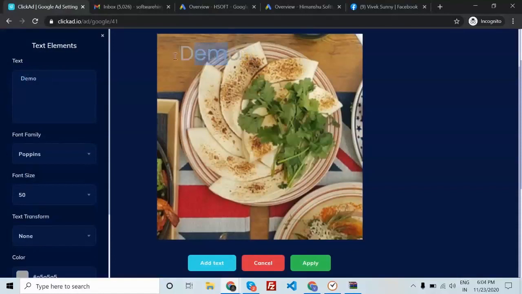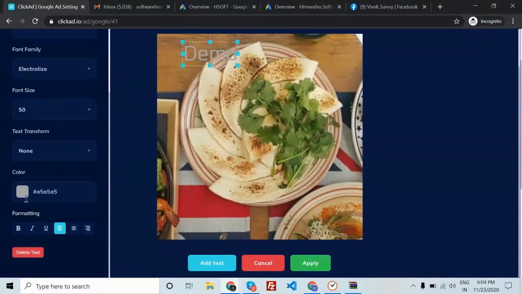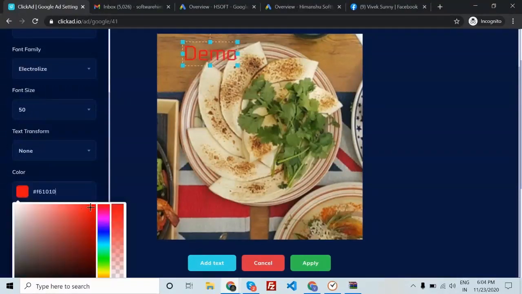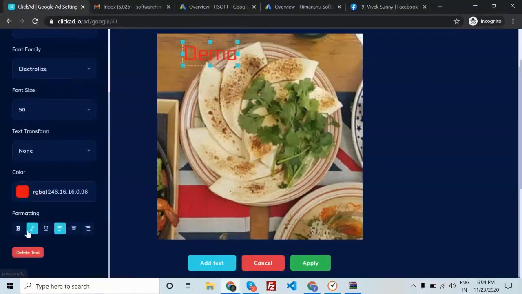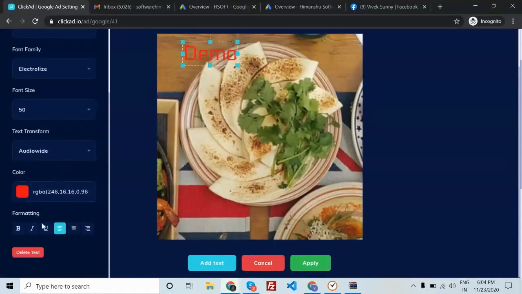Demo, and I have options to change its font family and color. Let's add some good color to it, and let me put red, this one, and text transform, audio wave, and I can click on apply. Let me put this over here, click on apply.